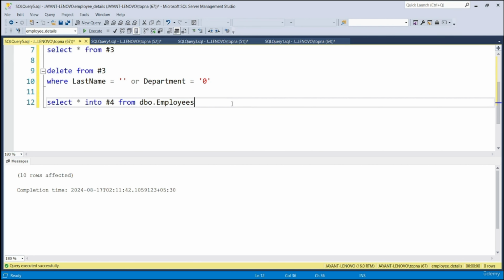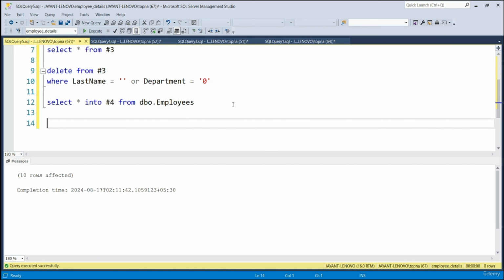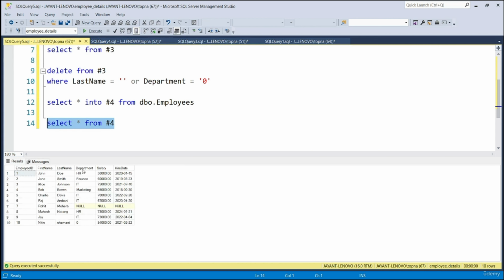It is a replica of the dbo employees table. I will now first of all run a simple select statement on hash4 to see the data contained in it. So I will write select star from hash4. If I now execute the statement written in line number 14, this is the table that we have.